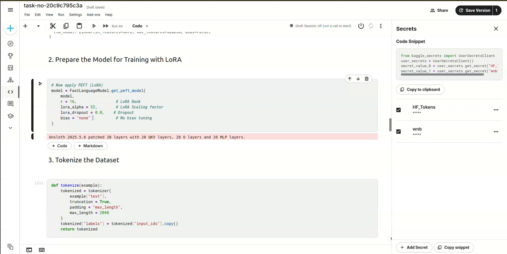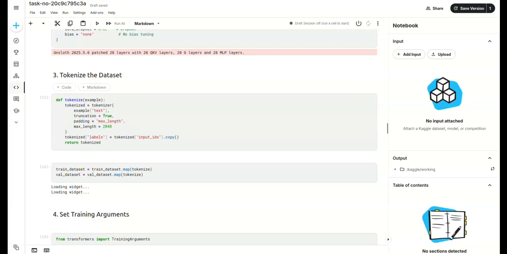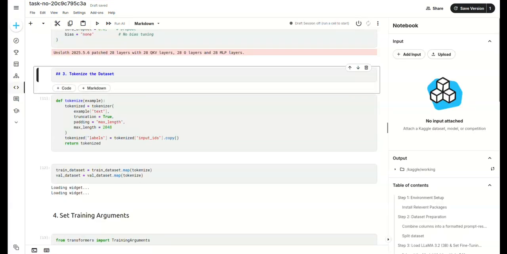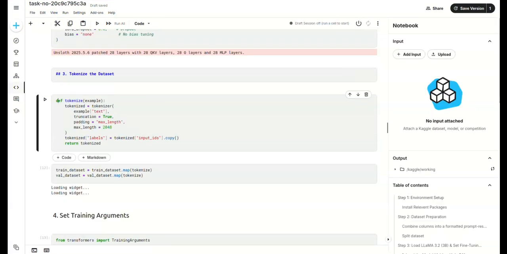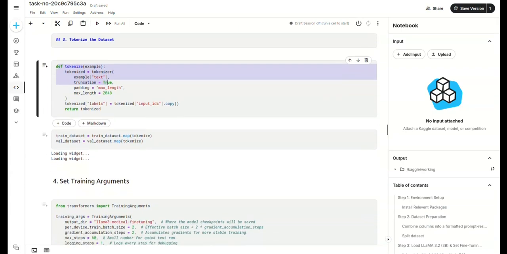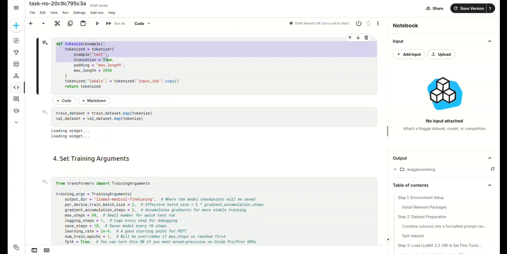Tokenize the dataset. Now that we have prepared the raw dataset, the next step is to tokenize the inputs. We define a tokenize function where we use our preloaded tokenizer to process each text entry. We apply truncation and padding so that all sequences are uniform in length, specifically with a maximum length of 2048 tokens, which aligns with the Llama 3 model context window.